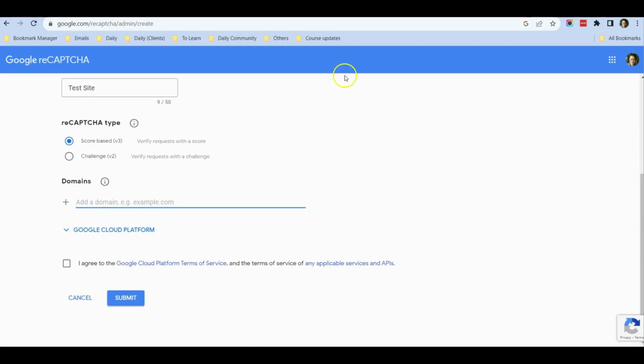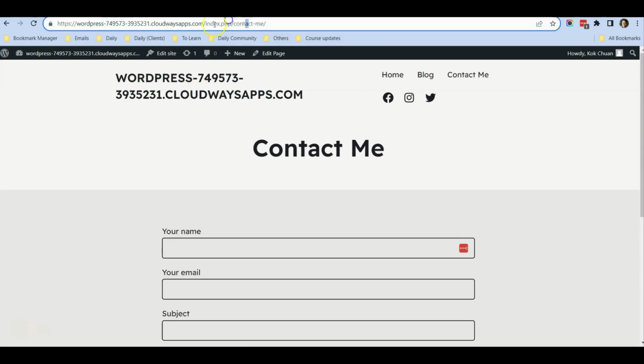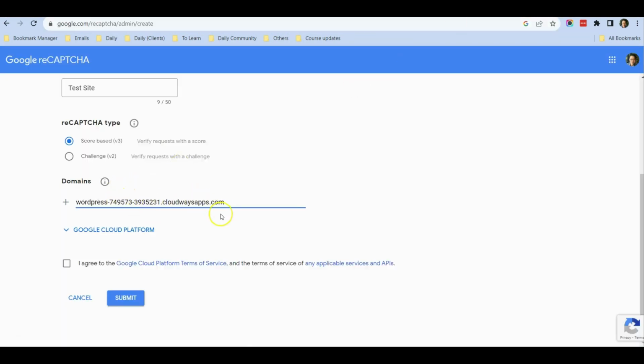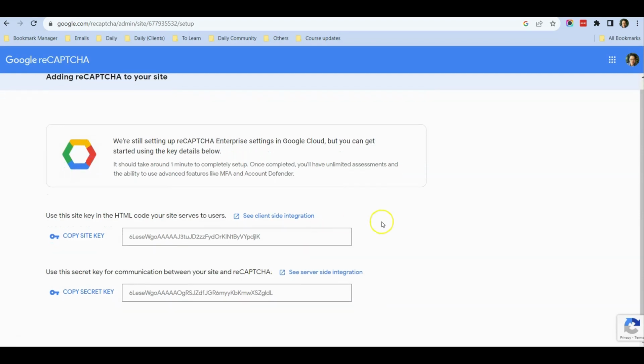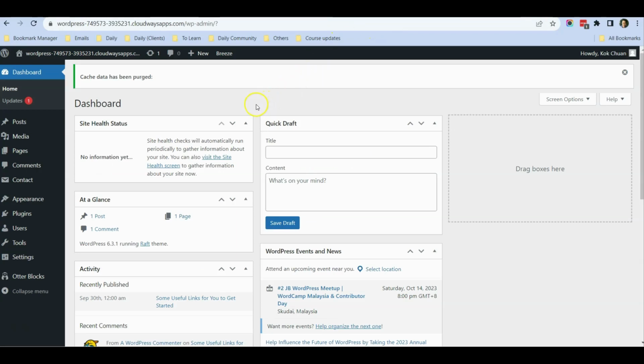And add a domain. You can just paste your domain name inside. For me, I'll just copy and paste my domain name, agree, and click submit. After a while, it will show you the site key and the secret key for you to use in your website. So how to use this is that I'll log into my WordPress dashboard and go to Contact,